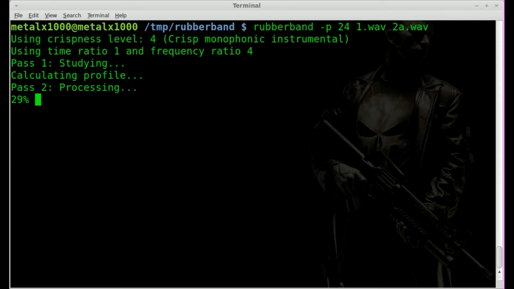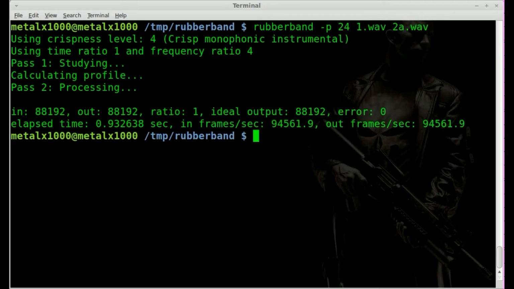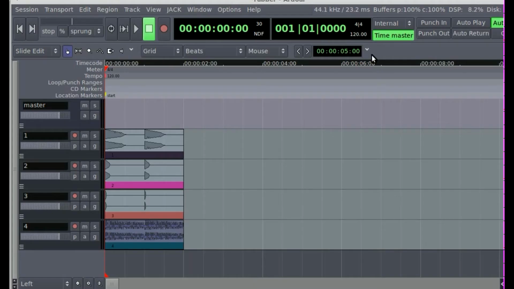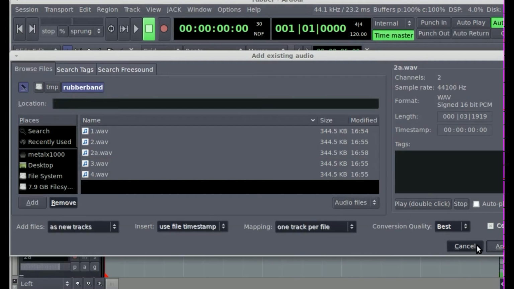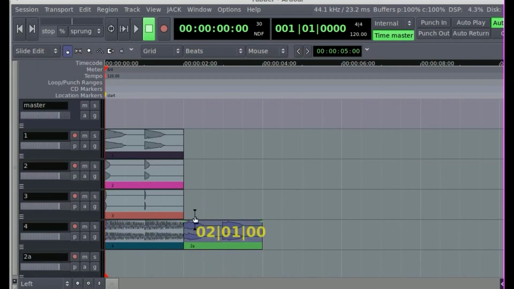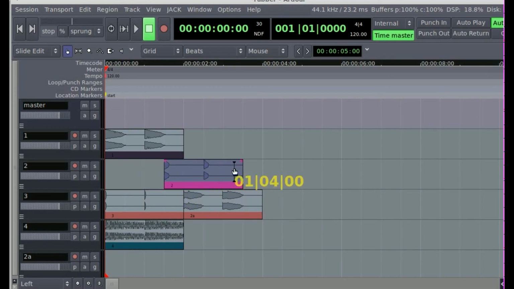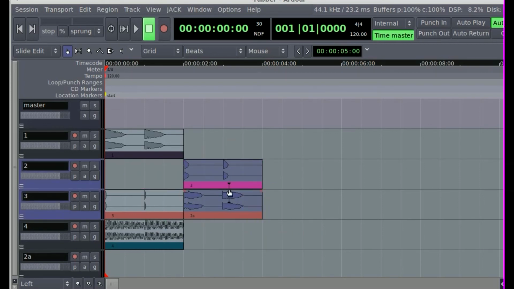So we'll hit enter. Takes a little bit to generate. We've generated a wave file here. Now if I say import, and I import 2a.wave, I'll drag it over here and put it right here next to this. So these 2 loops here are the same note at the same key. They're the C note 2 octaves above our original C, but you'll notice that this one is still the length